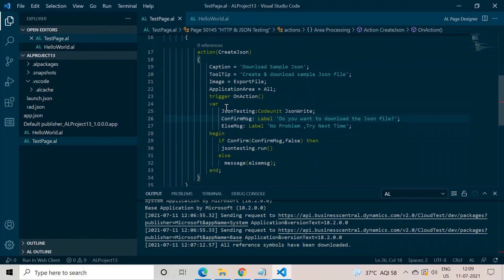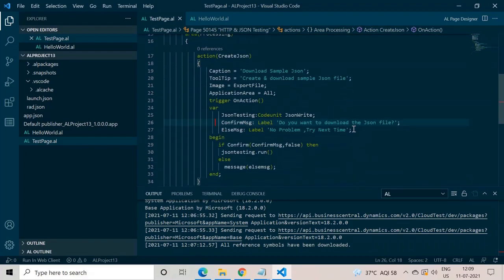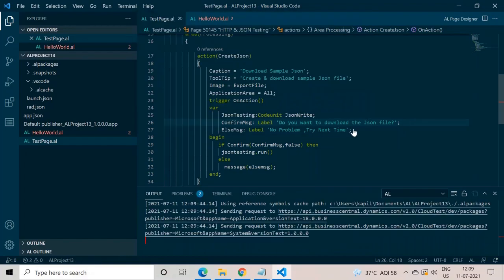What we have done in this action is that we have added our code unit, added the label, and then in the code we have provided that only if the user confirms, this function gets run, otherwise not. That's a very simple function which we have written, against which we call our code unit function. So now it's time to run this and see the output. First let me download the symbols.